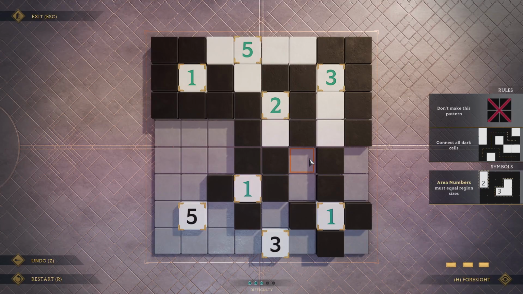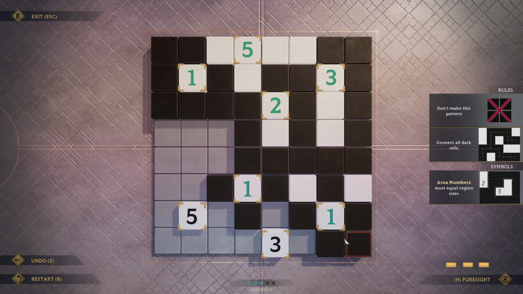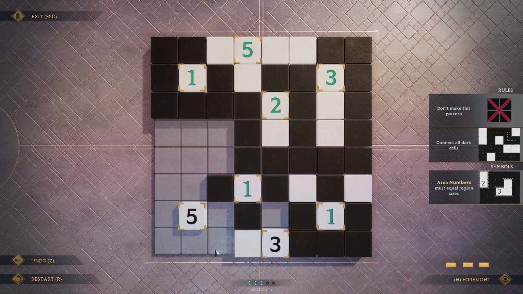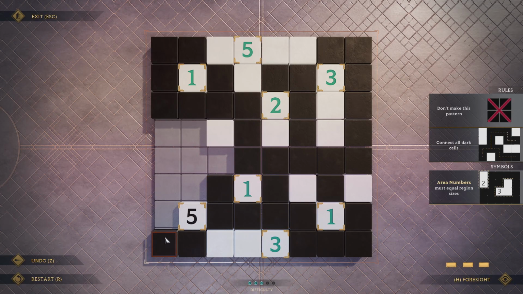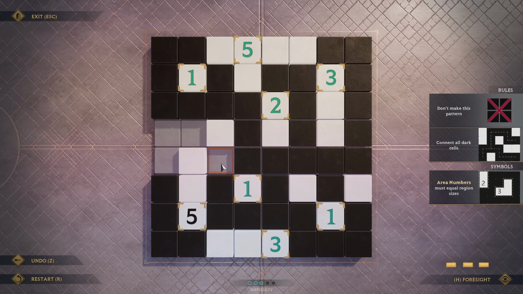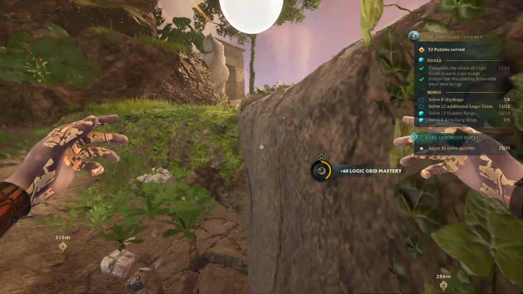So just filling this in over here. Let's pull that out, and then we have to prevent a 2x2 here. Pull that out, prevent 2x2. Connect the dark cells here. Connect that, prevent that 2x2. This dark has to come out here. Just connecting the dark cells at this point. There we go. Alright,